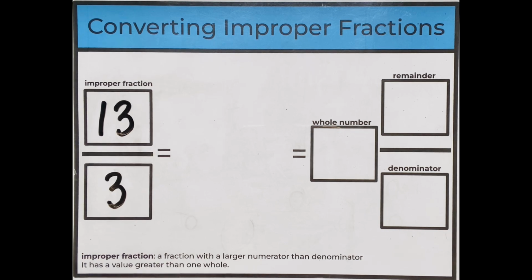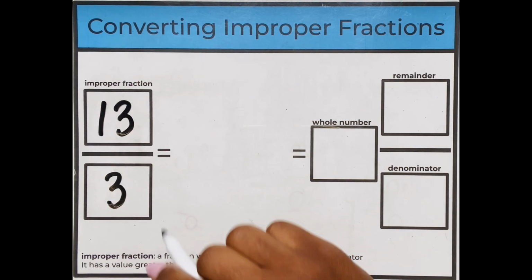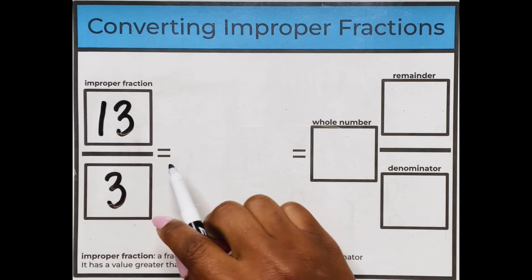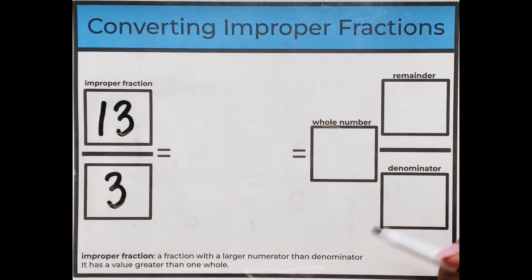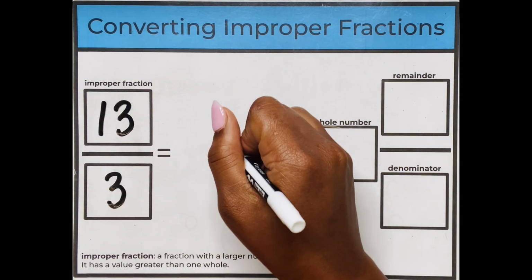Please memorize this. Make sure you understand this definition and what it looks like, because you're going to see improper fractions quite often in 5th grade. Now, what you're going to do is always remember that fraction also means dividing, right? So 13 thirds is the same as